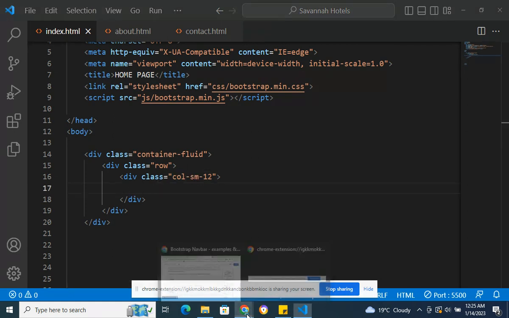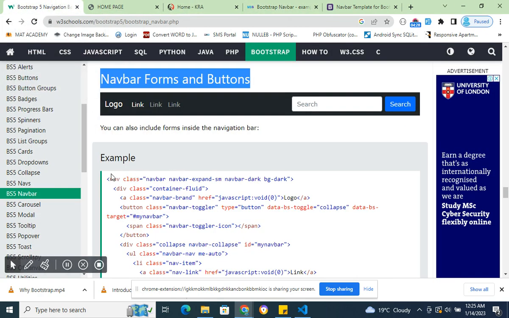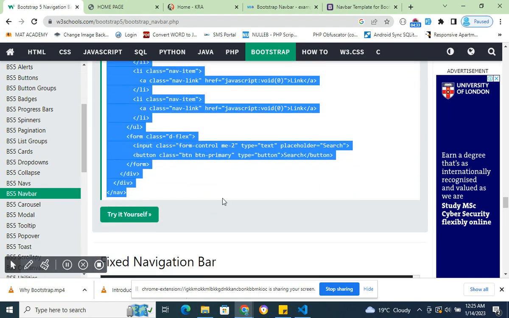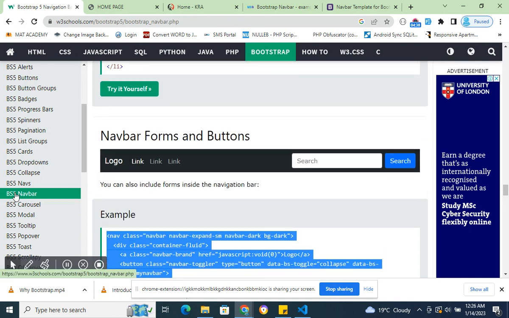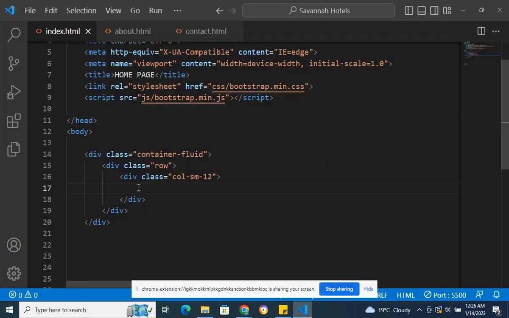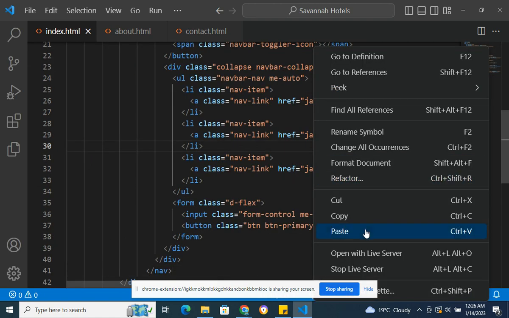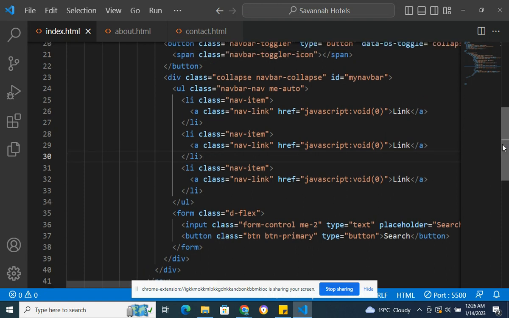So let me just go online, copy some code for the navigation bar, and then come and paste it there. I can just copy this example from W3Schools. The example immediately after navbar left side menu, and navbar forms and buttons is the title. Then I just come here and paste my code. So that has created for me a navigation bar, and here it is. This is my navigation bar. So you can just copy